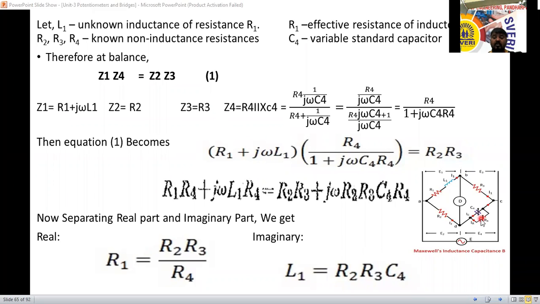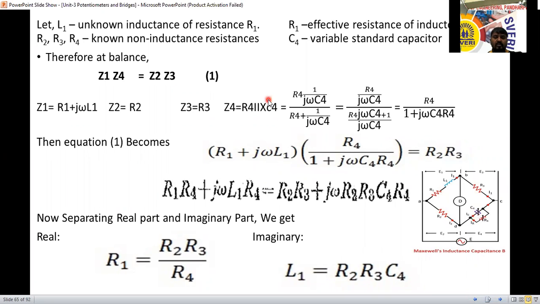But for this one, resistance and capacitance both are connected in parallel here now. So this capacitance we can call XC4. XC is nothing but 1 by omega C. XC is nothing but 1 by omega C we can write. Yes, that is also the imaginary part. So 1 by J omega C we have to write down here.